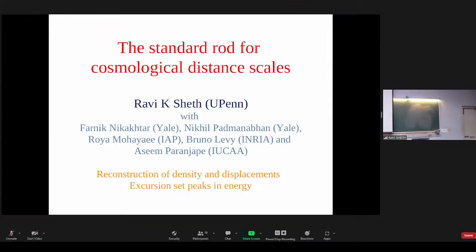PhD from Cambridge and Bill Zaslow, followed by postdoctoral stints at Berkeley, then MPA in Munich, at Fermilab in Chicago, and then he took up a faculty position at the University of Pittsburgh for a few years before moving to the University of Pennsylvania, where he is currently as well. And in the middle, he spent a few years also at ICTP in Trieste, coincidentally right around the time that I happened to be a postdoc there, and that's where we overlapped for some time.